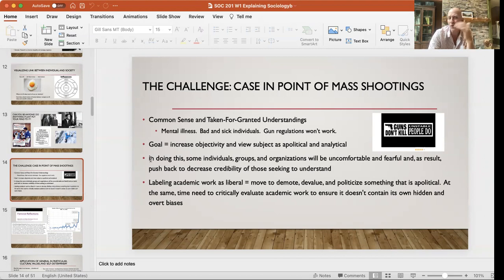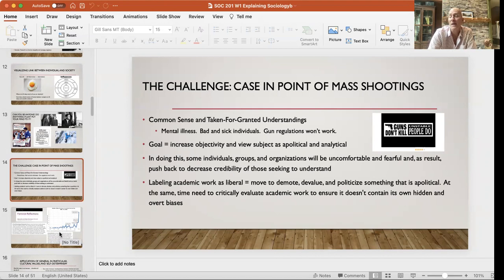We can think about mass shootings as being one. You can kind of read through this, but I think, in some ways, when a mass shooting happens, there's a sort of debate going on, right? One position is that it's just the individual, the bad individual, without any examination of maybe the sick society. What's the relationship between the individual and society itself? We have to be able to do that in order to better understand and then to be in a position to actually make change.